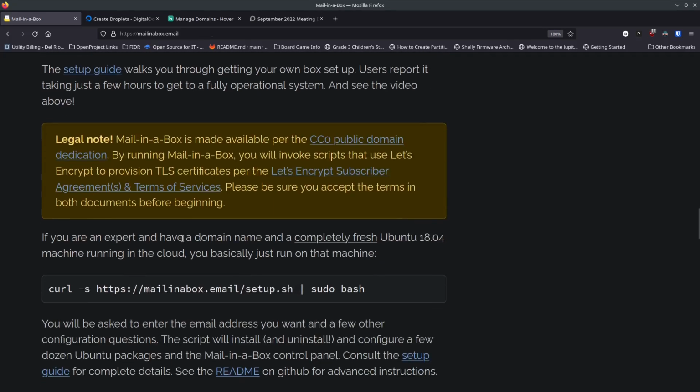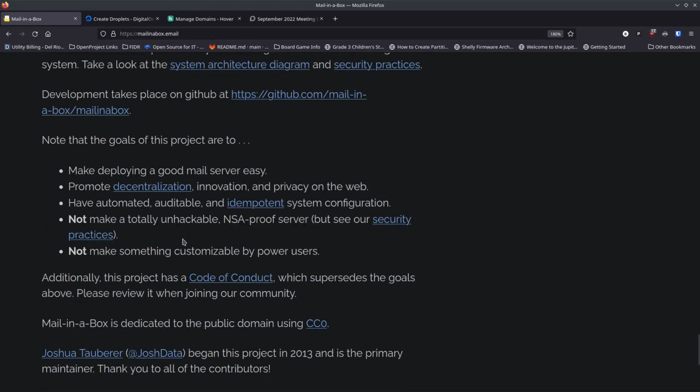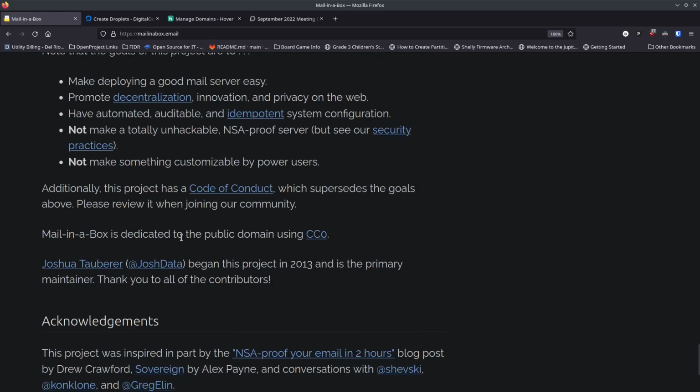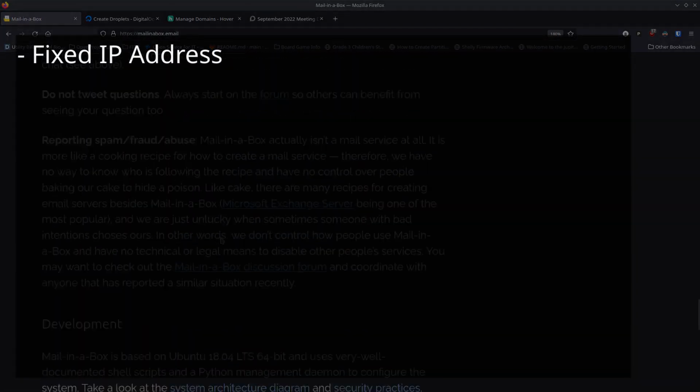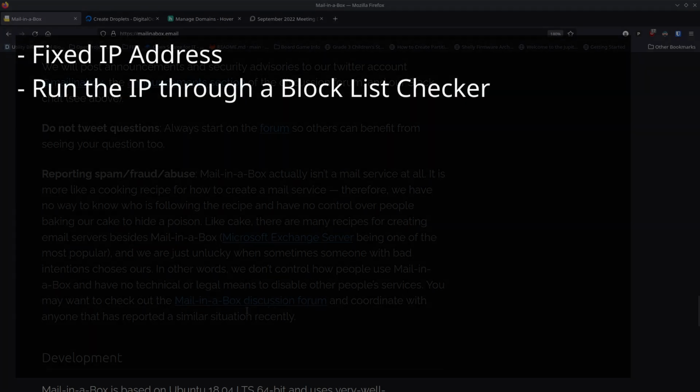So they've got a lot of documentation. There's a lot of things that you can check out here. You can read through. I'm going to go through their documentation essentially and just show you how to do the things that they're asking. Now, one of the things you need to have in order to run this successfully is you need to have a fixed IP address. And you really, if you can, you want to run this through some tools to make sure it's not on a block list already,